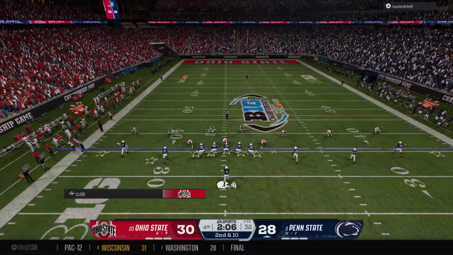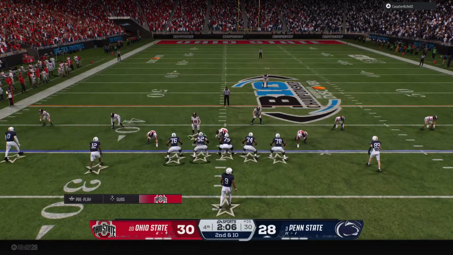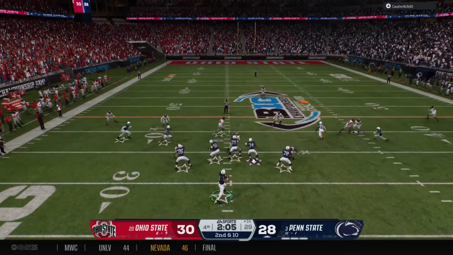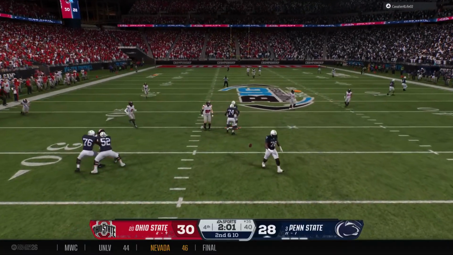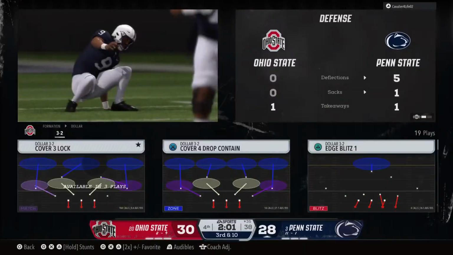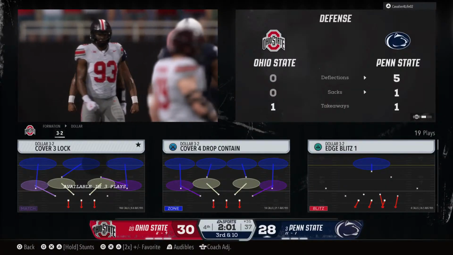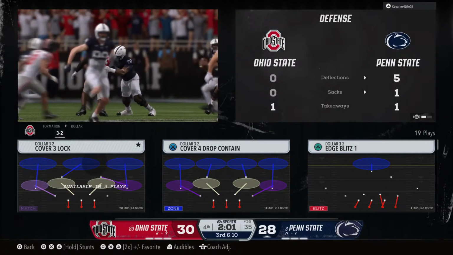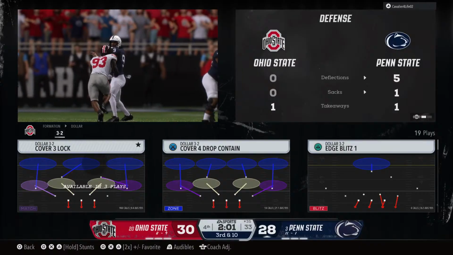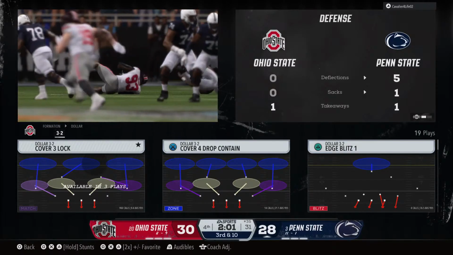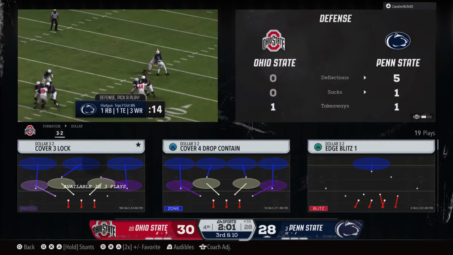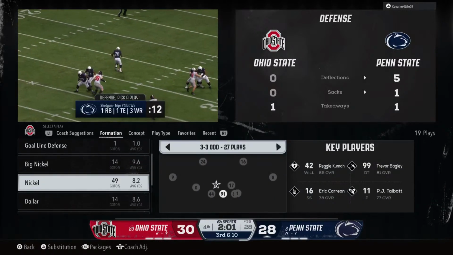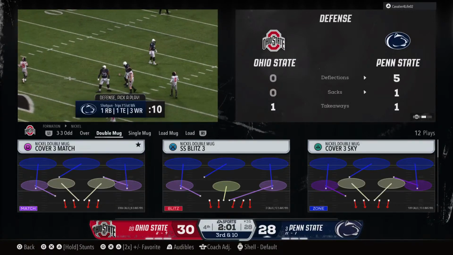So after the incompletion, it's 2nd down. And the quarterback dropping back. Pressure is coming. It's incomplete. He was hit as he threw that time. And now 3rd down coming up. Man, he got crushed there, didn't he, Chris? And we know this guy is their superstar. He's their leader. But based on that last play, this offensive line's got to do a better job of recognizing that they got to take care of him.